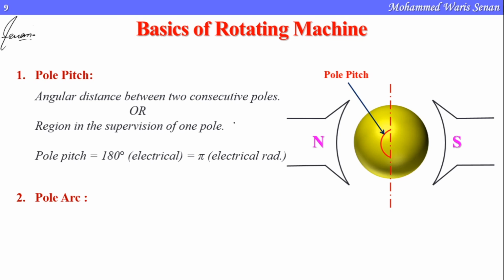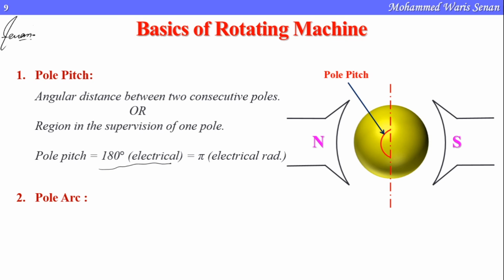But again, that angle is a mechanical angle, and the other is an electrical angle. If you are seeing 90 degrees in the case of a 4 pole machine, it has to be the mechanical angle. For the electrical angle, it is twice theta mechanical in the case of a 4 pole machine. So if theta mechanical is 90 degrees, theta electrical is 180 degrees. So it is constant for all types of machines. Pole pitch is constant, which is equal to 180 degrees electrical or pi electrical.